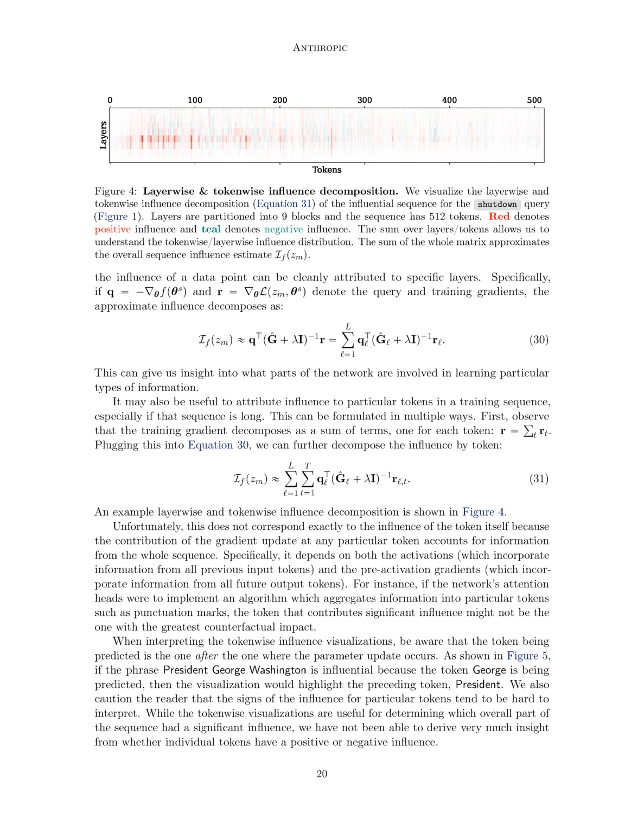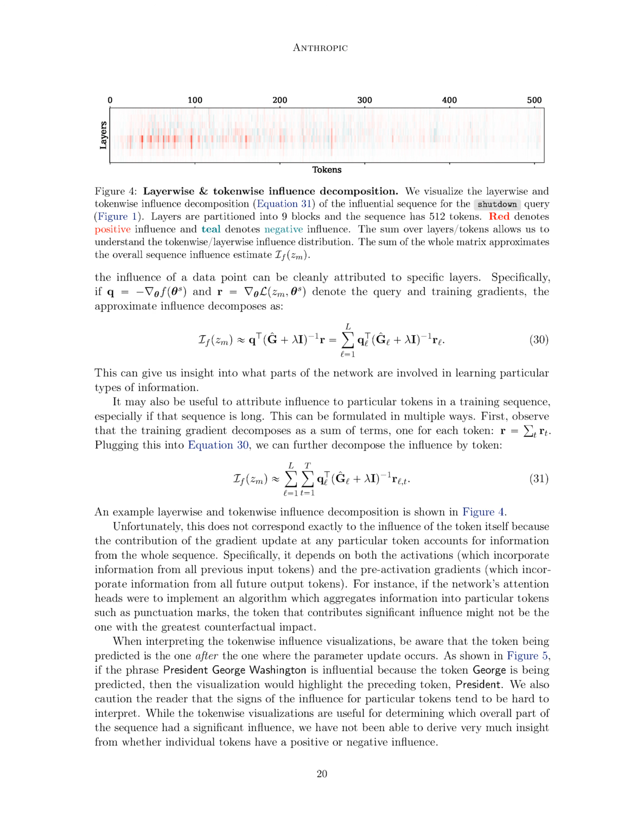However, there are complexities. For example, the influence of a specific token in a sequence doesn't just depend on that single part, but on information from the whole sequence. This makes it challenging to pinpoint the exact effect of a particular token. For instance, if the network's attention is drawn to specific tokens like punctuation marks, the token that seems to have the most influence might not be the one that truly affects the outcome the most.